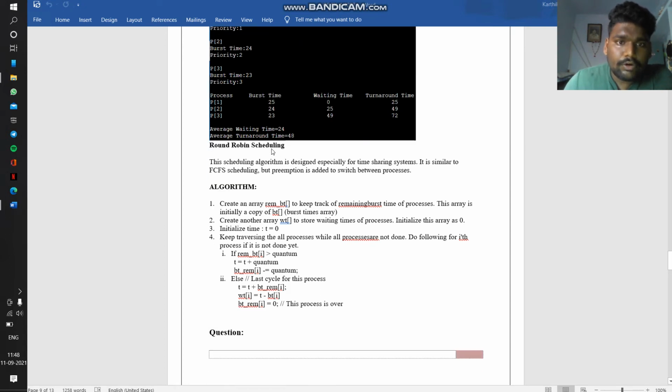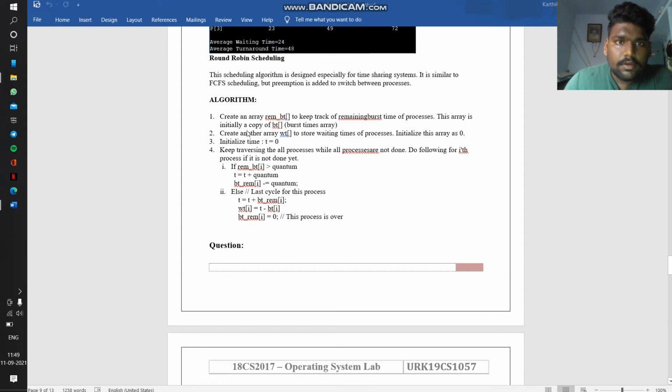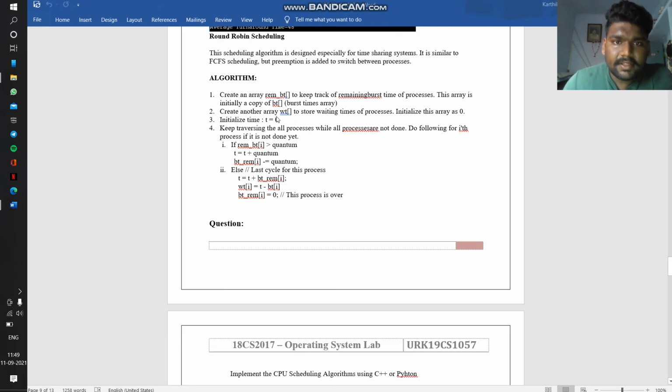The final one, round robin scheduling. This scheduling algorithm is designed especially for time sharing systems. It is similar to FCFS, first come first serve scheduling, but preemption is added to switch between processes. The algorithm for round robin scheduling: create an array to keep track of the remaining burst time of processes. This array is initially a copy of the BT burst times array. Create another array to store waiting times of processes. Initialize this array as 0,